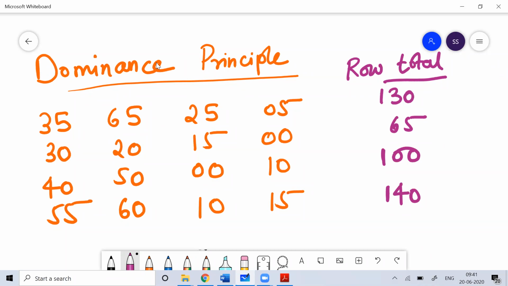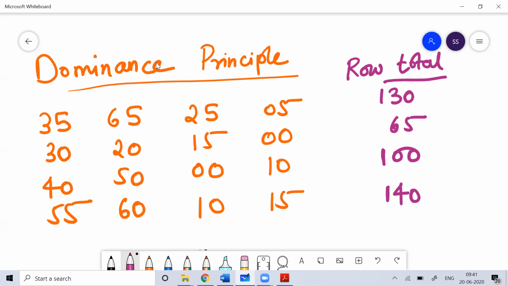Okay, first we'll start deleting the rows and then we'll delete the columns. We'll delete that column where all the elements of that column are either more than or equal to all the elements of the other column. So in row-wise we delete the row which is lesser. In column-wise we delete that column which is bigger. Okay, so ultimately what we're actually doing is trimming.